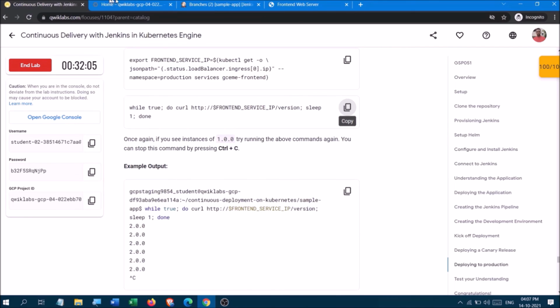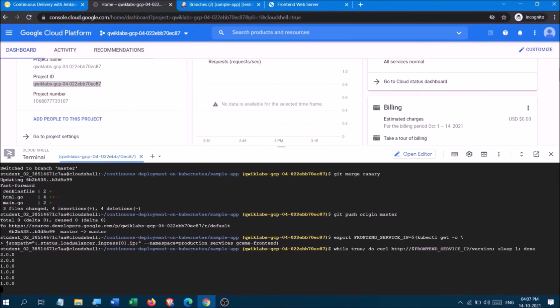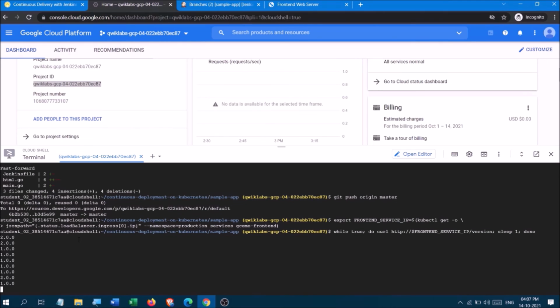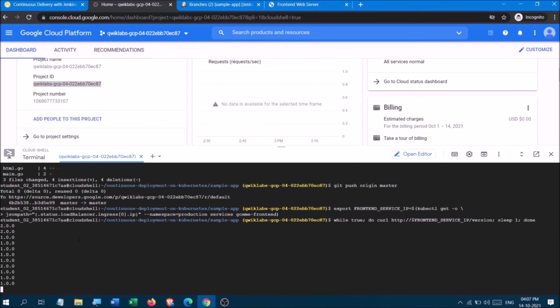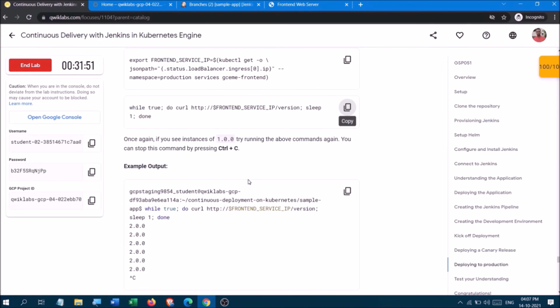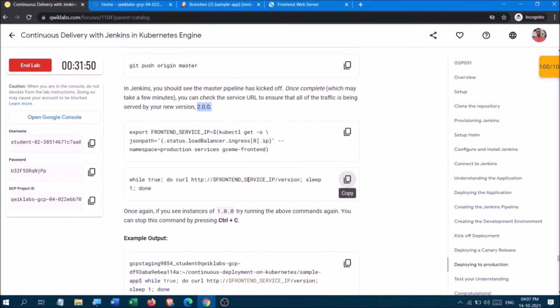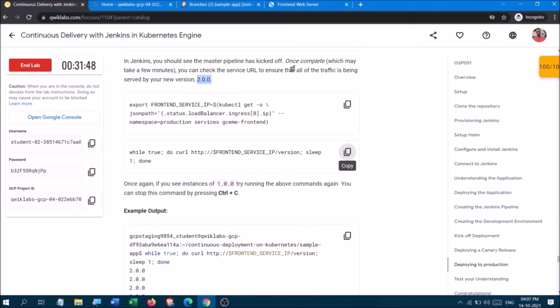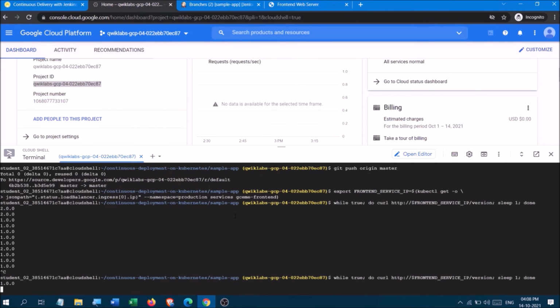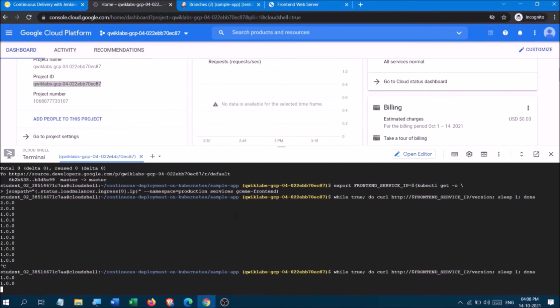So you can see 2.0, 1.0, 2.0, 2, 1, 2, 1. So it is happening. To ensure that all the traffic is being served by the new version 2.0, we are running this command again properly.